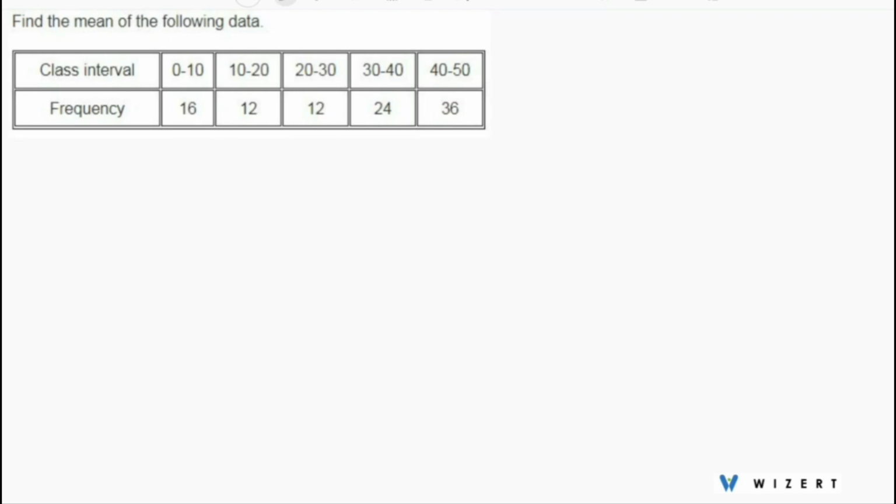We have this question here. Find the mean of following data. Now this is grouped data and we know the mean of grouped data